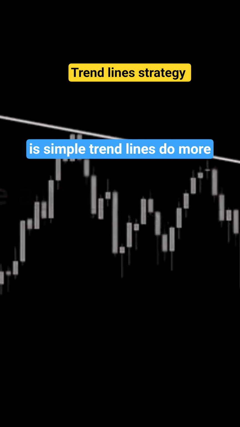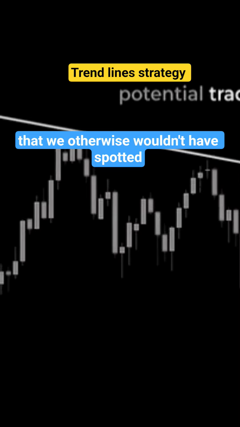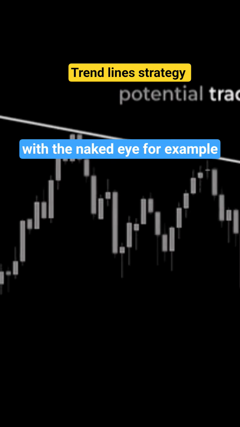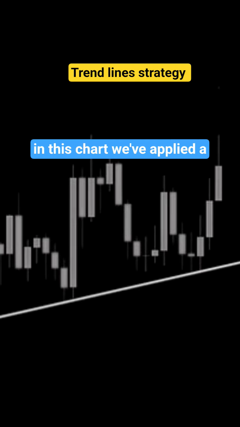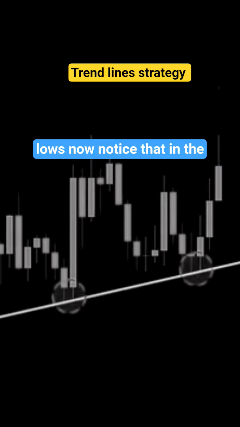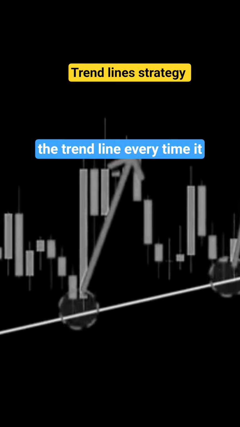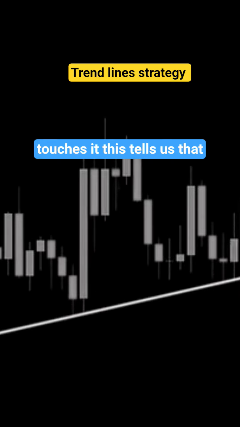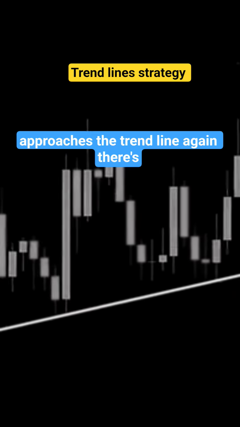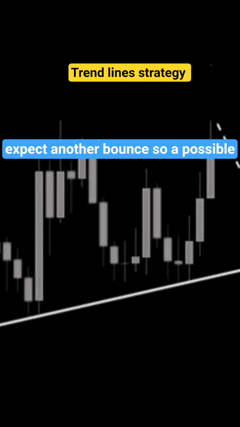The answer is simple. Trend lines do more than just show the trend. They also help us spot trade setups that we otherwise wouldn't have spotted if we looked at the charts with the naked eye. For example, in this chart, we've applied a trend line by connecting the swing lows. Now, notice that in the past, price tends to bounce off the trend line every time it touches it. This tells us that in the future, if price ever approaches the trend line again, there's a high probability that we can expect another bounce. So, a possible trade setup here